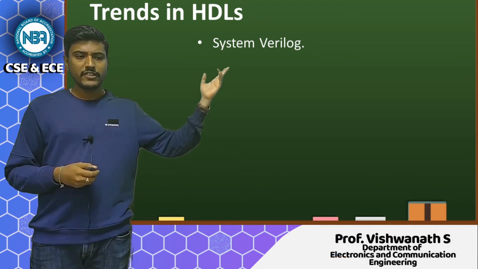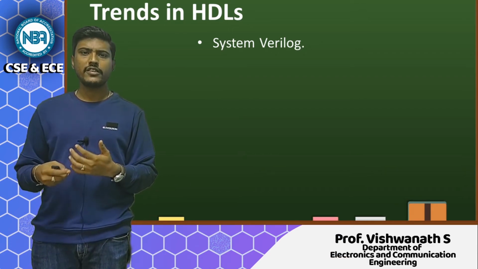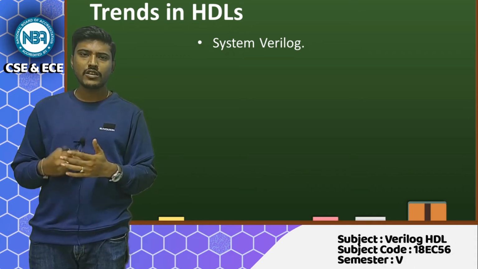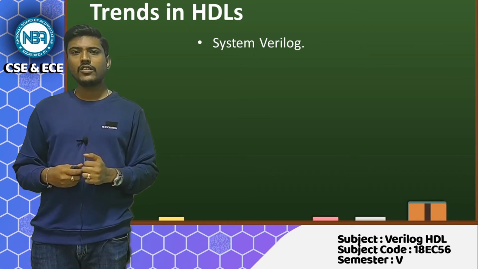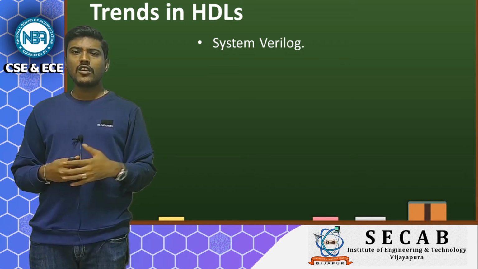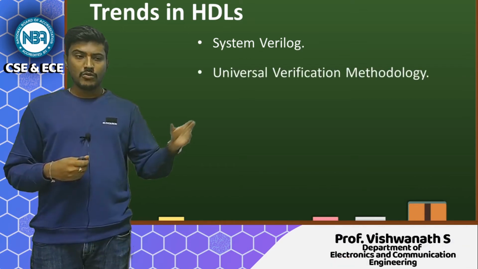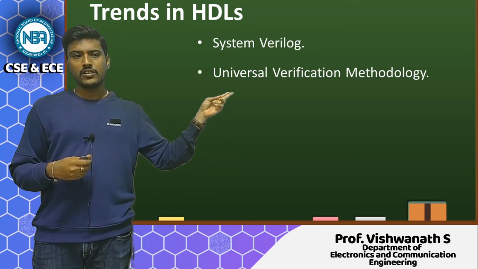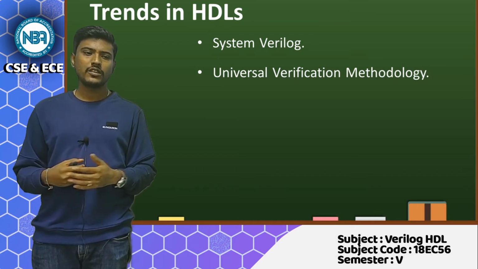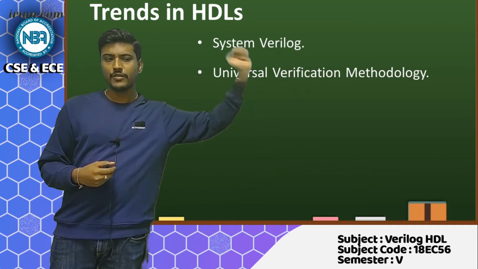So when we write in SystemVerilog, we have many concepts where we can achieve the verification or the testing part as soon as possible. Other than SystemVerilog, we have different types of verification methodologies, like OVM and VMM, but the worldwide famous methodology is the Universal Verification Methodology, or UVM. U stands for universal, V stands for verification, and M stands for methodology.